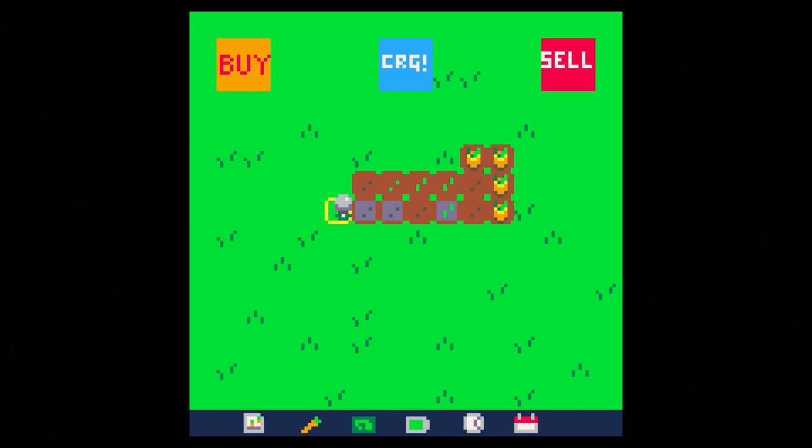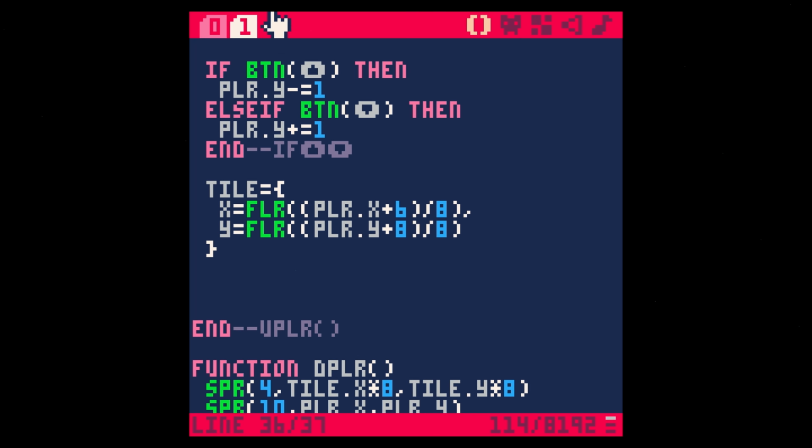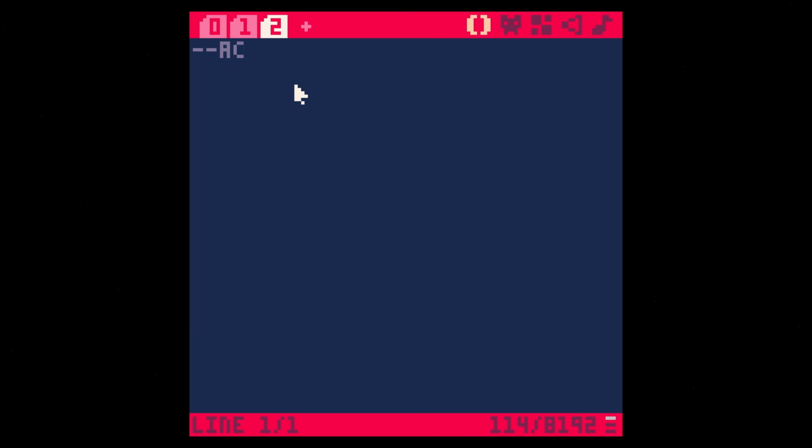So we have our tile selection working. We have our player moving, but none of our buttons actually do anything. We can't plant or harvest or do anything like that, which is pretty important for a farming game. So let's get that working. Let's go over to our code here and just make a new tab, and we'll call this action button, and